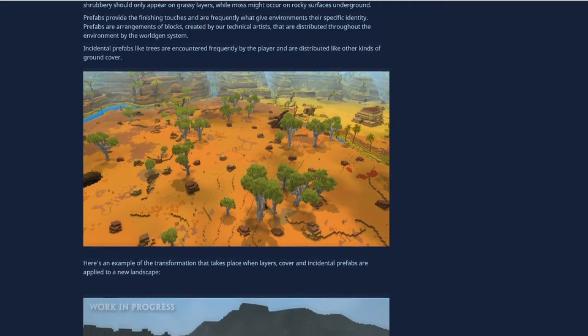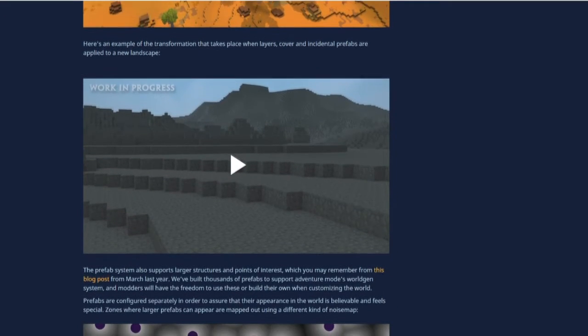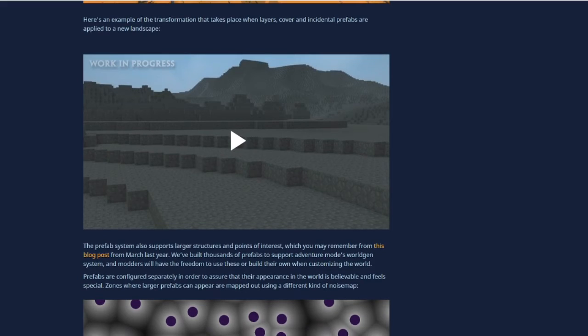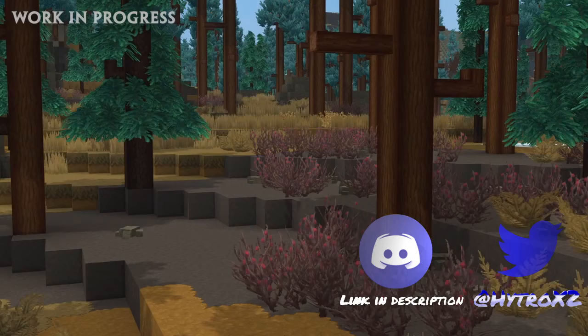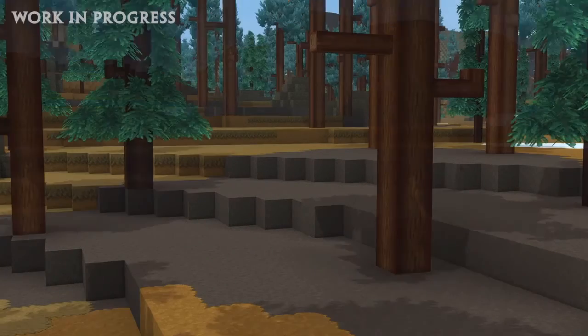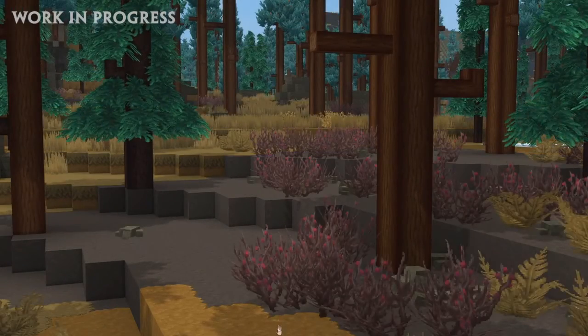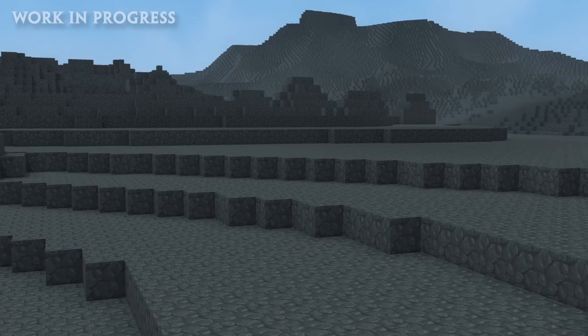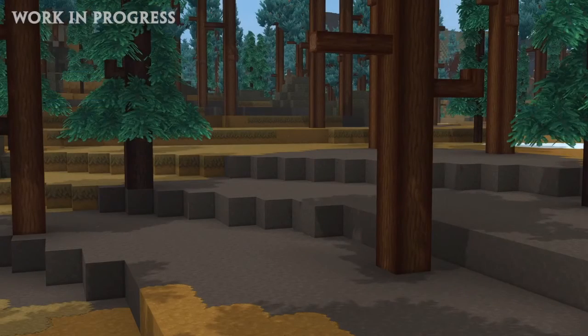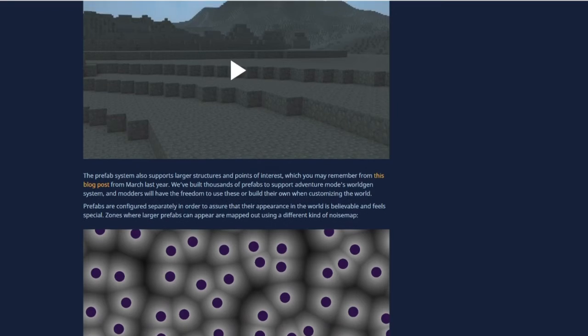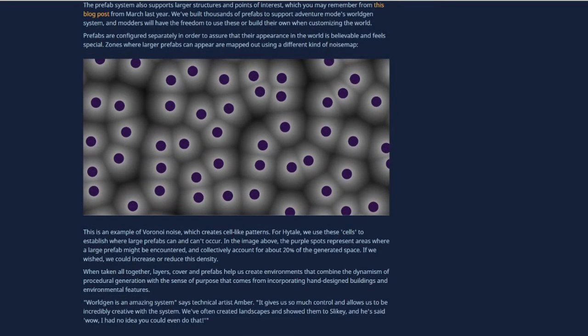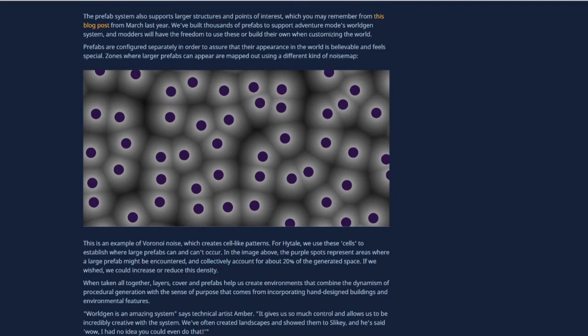So moving on, everyone, they say, here's an example of the transformation that takes place when layers, cover, and incidental prefabs are applied to a new landscape. So here's the clip, everyone, slash the video. And that was it. Moving on, everyone, they say, the prefab system also supports larger structures at points of interest,